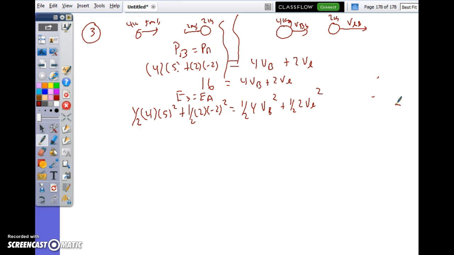Isolate variable. Let's see here. Mr. Nix is going to tell us which one to isolate. The little one. Good call, sort of. Here we go. Okay, so I move this to the other side. I go 16 minus 4VB equals 2VL, right? Divide by 2, I get 8 minus 2VB equals VL, which makes it a very logical choice because it gives you nice big numbers, rather than the other choice, which gives us fractions, and we hate fractions because they scare us.